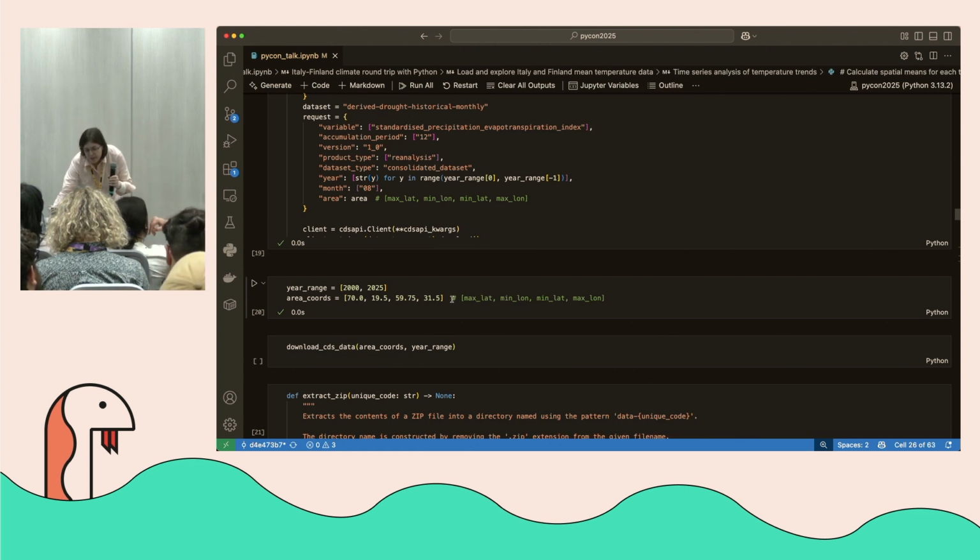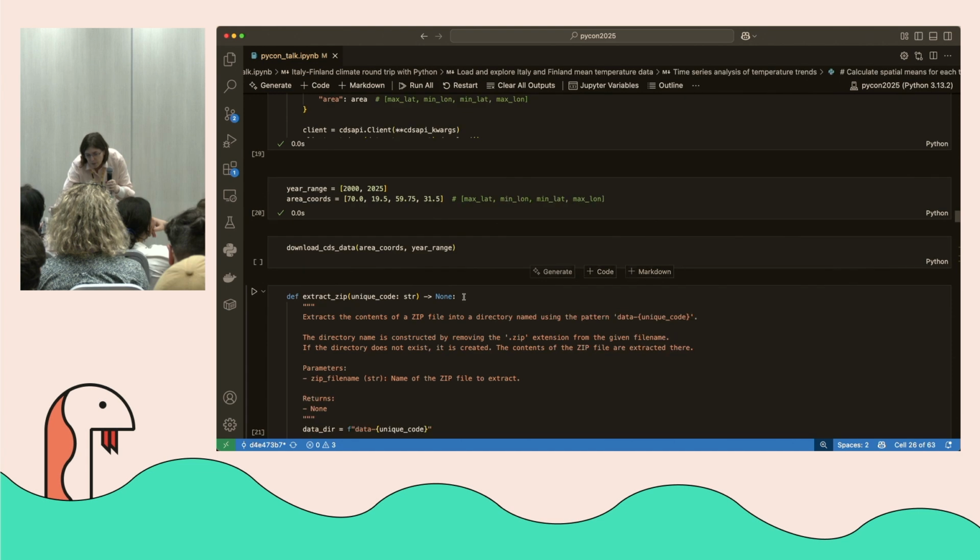After that we have selected the area, and in our case we are now trying to analyze the precipitation in Finland. We always take into account the order in which we pass the coordinates to the API, since it's not always the same for all the datasets. So we always pay attention to this, otherwise we could select an area that is not the one that we want. Once we have downloaded the data,